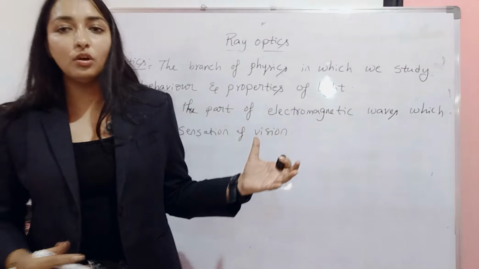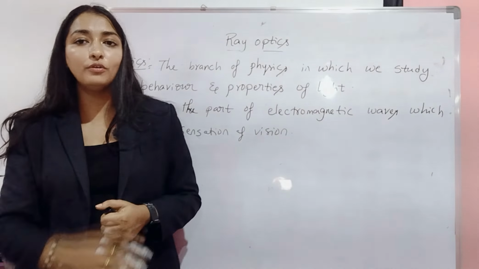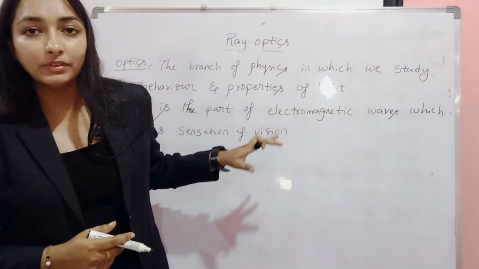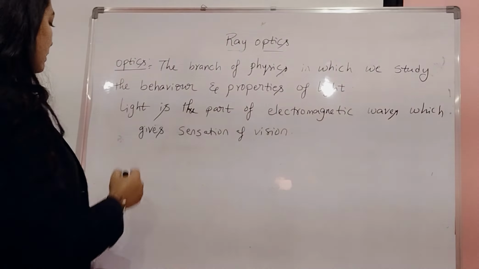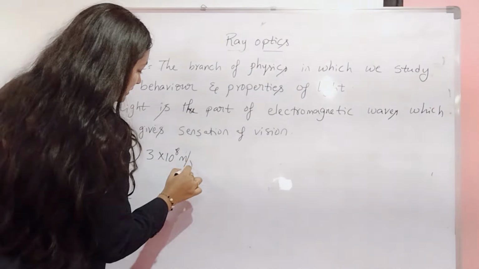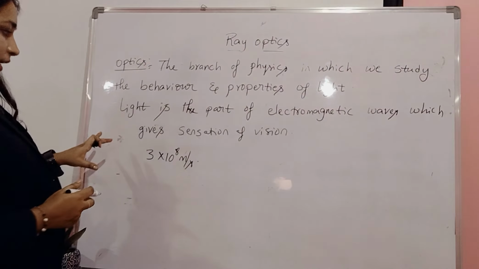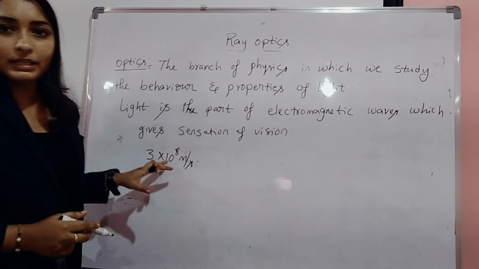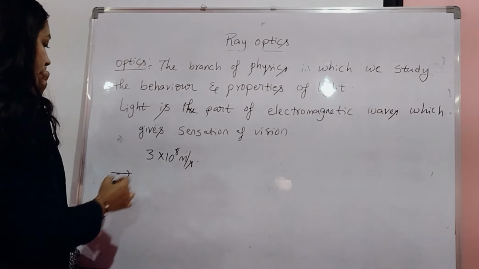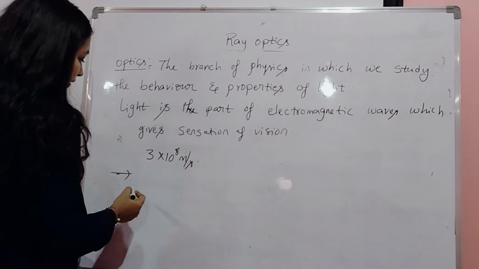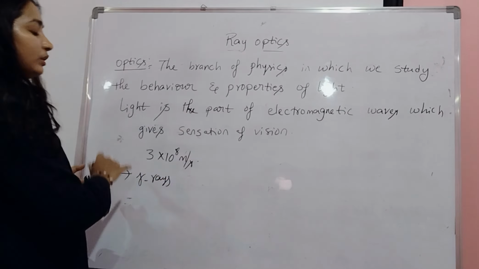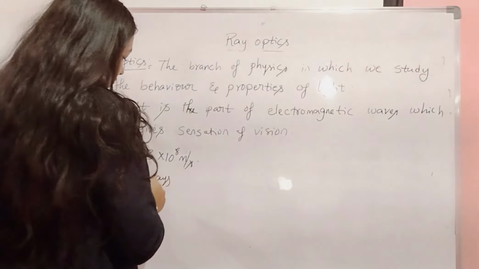Light travels along a straight line with an enormous speed of 3 into 10 power 8 meter per second. So light travels in vacuum with a speed of 3 into 10 power 8 meter per second. It means in 1 second it can travel 3 lakh kilometers. Clear? So if you see the electromagnetic spectrum, I am writing from high frequency range to low frequency range: